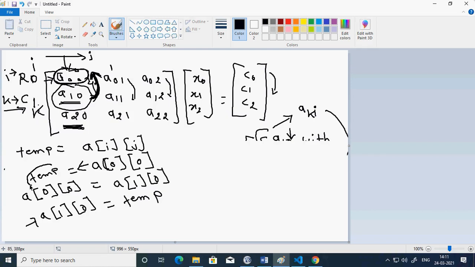Then I replace a 0 0 with the lower one, and the lower one I replace with the temp. In this way the two values have exchanged. I hope you got the logic of exchange. You can type EX if you have understood.